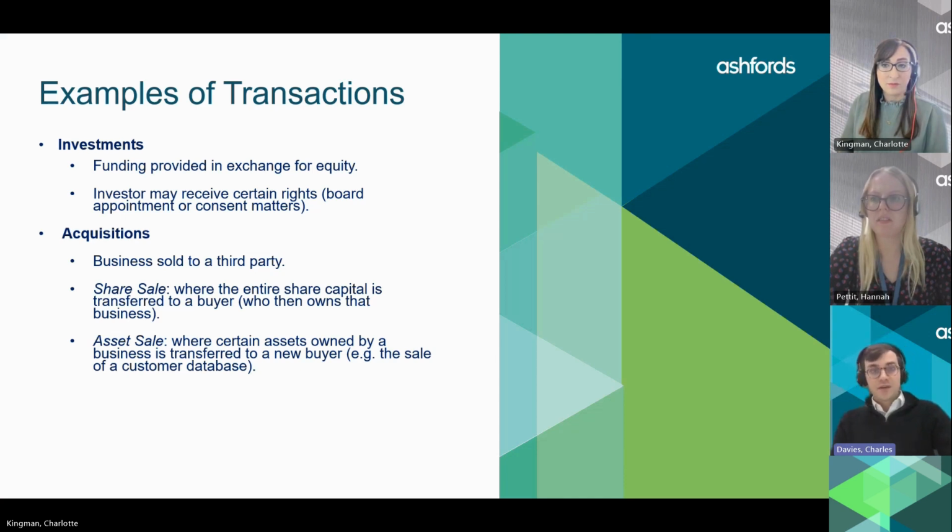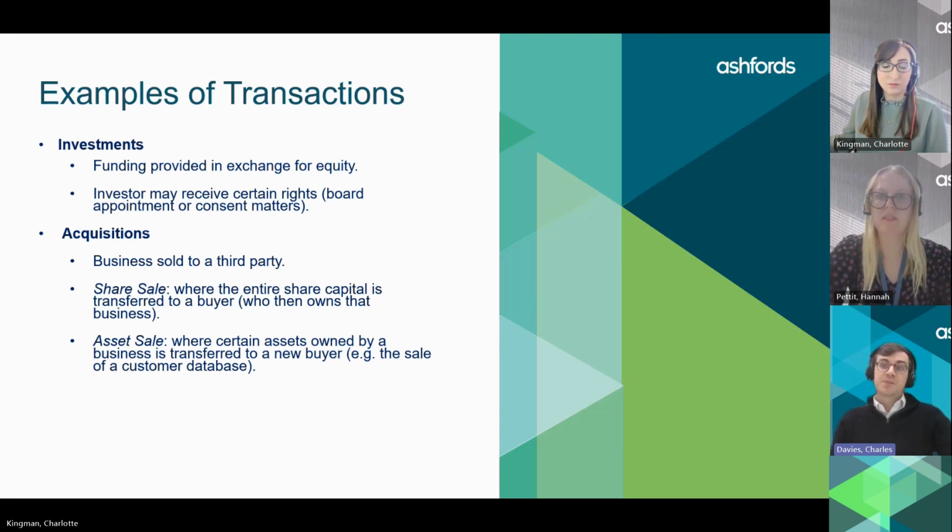Just taking a step back for those that aren't aware, two of the main corporate transactions that you'll often see in a business's life cycle, and where you'll often be engaging corporate solicitors, are investments and acquisitions. Investments are where an entity receives funding from an investor in exchange for equity in the company. It's similar to what you might see on Dragon's Den, where they provide some money for X% of the